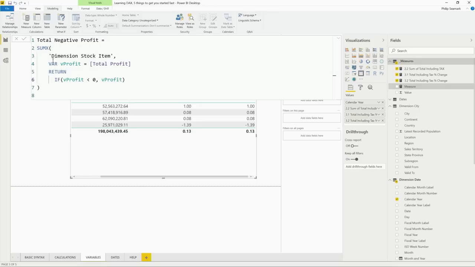So if you look at the syntax of variables, you basically say a var, a variable name, equals any expression, and you can have multiple vars, and the vars can refer to each other, by the way. So basically, the second var can refer to the result of the first var, and so on and so forth. And then there's a return keyword, and then there's the final expression, which produces the final value of this thing. This particular structure, basically var, var, var, return, and then final expression, all these things will produce either a value or a table in DAX, right?